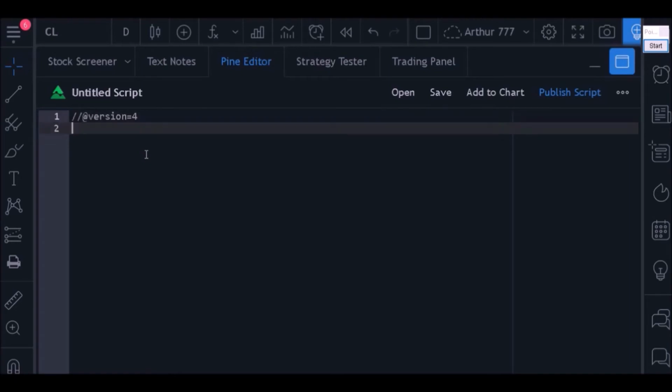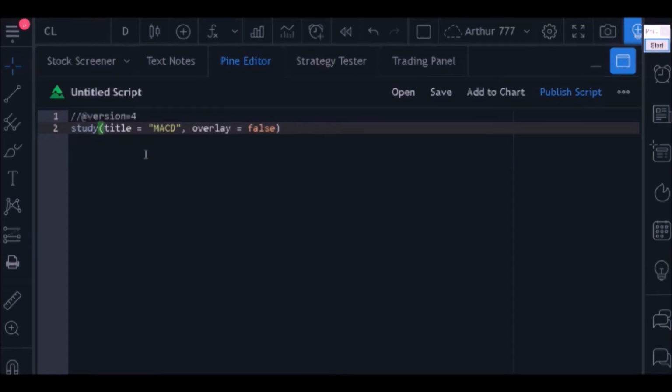In the second line of the code, we need to say whether our code is going to be an indicator or if the code is going to be a strategy. This code will be used to create an indicator, so I will use the study function. If you have questions about this part, watch the past classes where I talked about it. I will define the code title and the overlay. In this case, the overlay must be equal to false, as we will want to plot the MACD in a